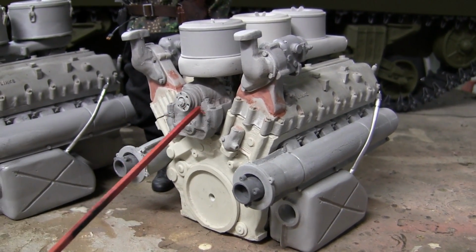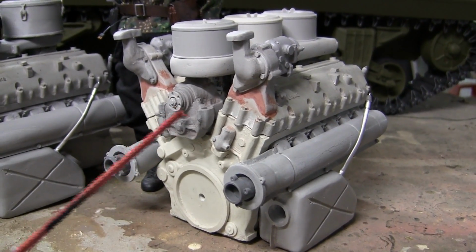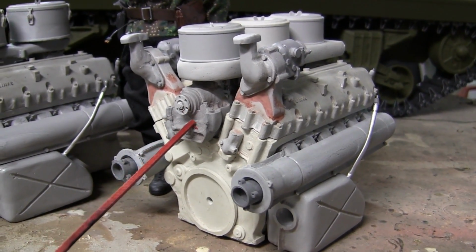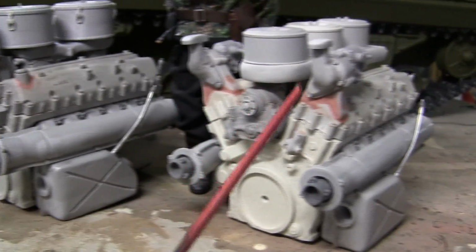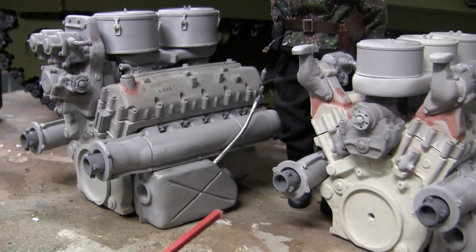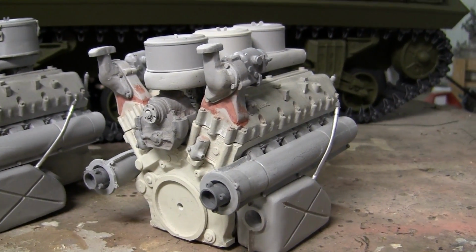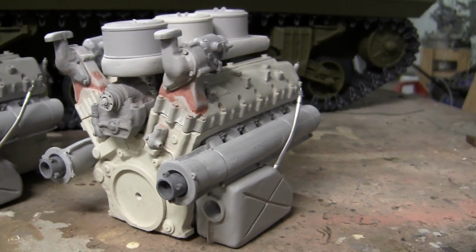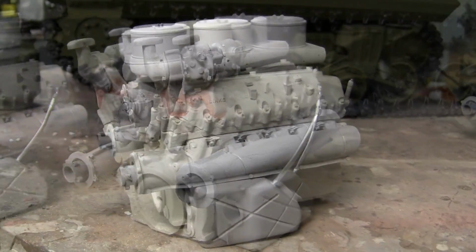However, it was deemed early on in the production run that the HL210 just wasn't putting up enough output, so they designed then the HL230. The HL230 had more horsepower than the HL210. Both engines are very similar, but there are differences between the two. Since my model is being built as an initial production Tiger 1, it will be receiving an HL210 in its engine bay. Starting with the HL210,